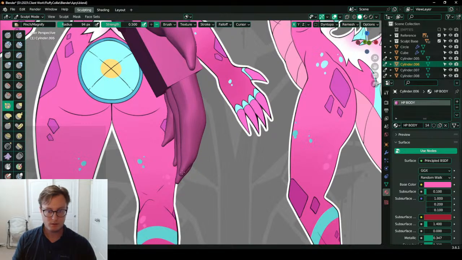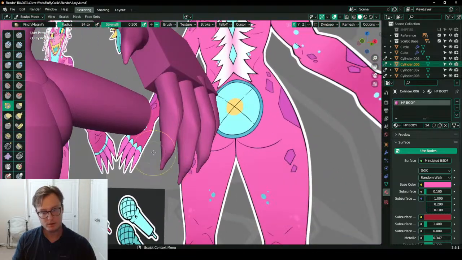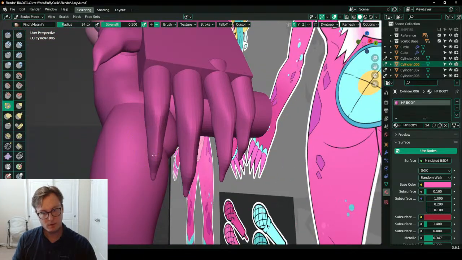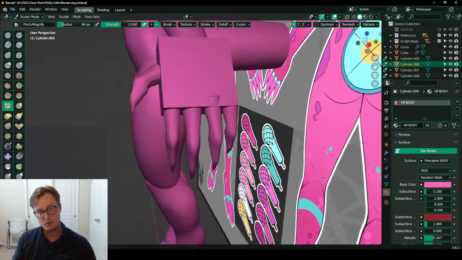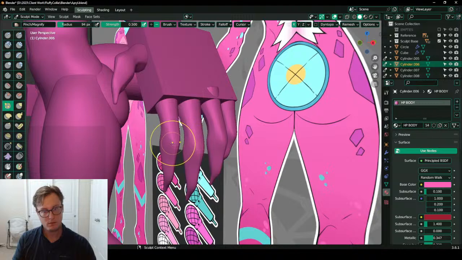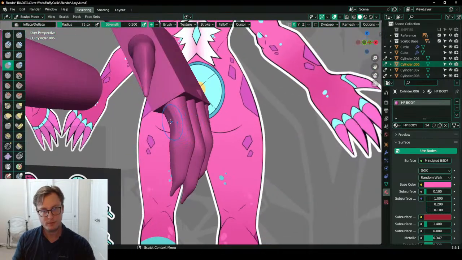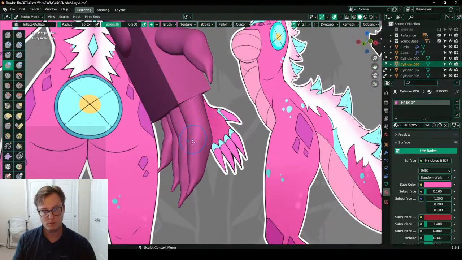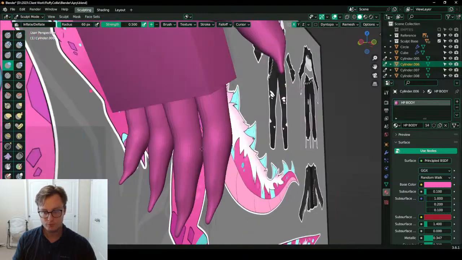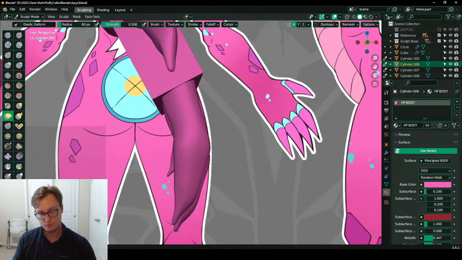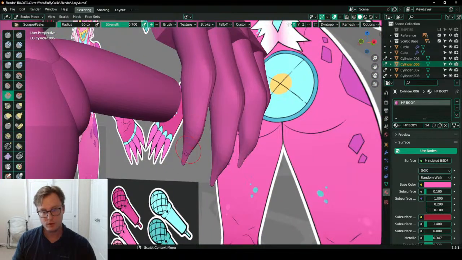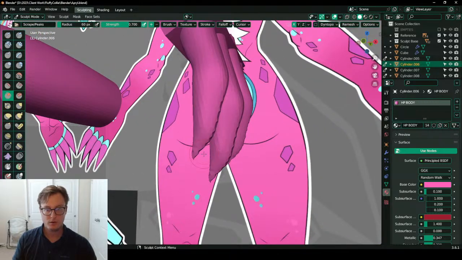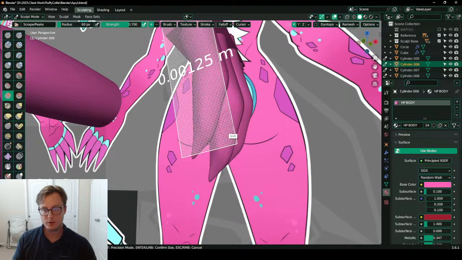Just want the tip of the thing out. I don't want the rest of it too. A little bit stronger.